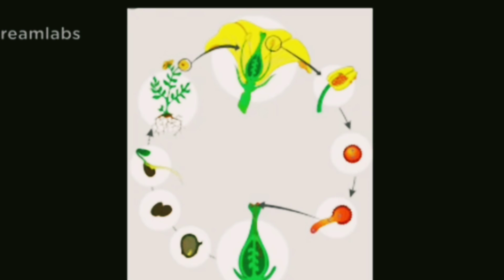Now when you place the seed, it doesn't germinate immediately. What is required? It requires sunlight, temperature and water. With the help of these three things, the seed will germinate. You can see the germinated seed, there are two parts. One is a green part, one is a yellowish part. The green part is called plumule. The yellowish part is called radicle.